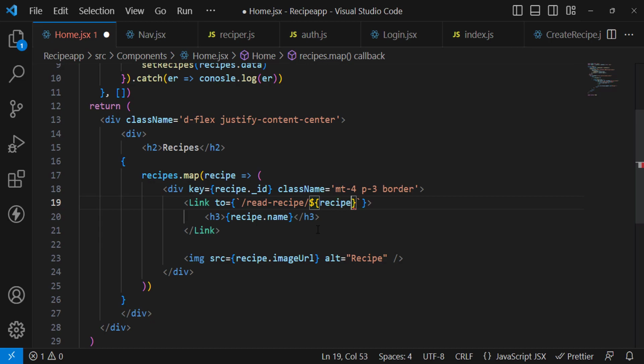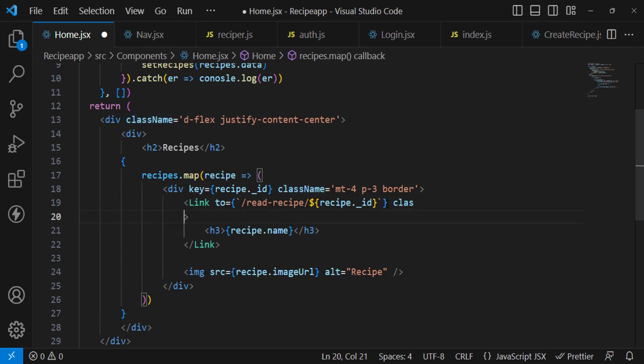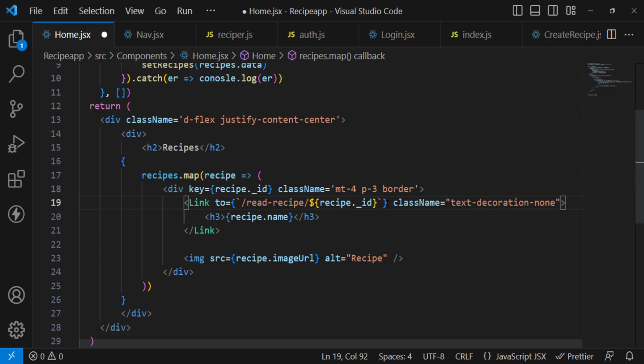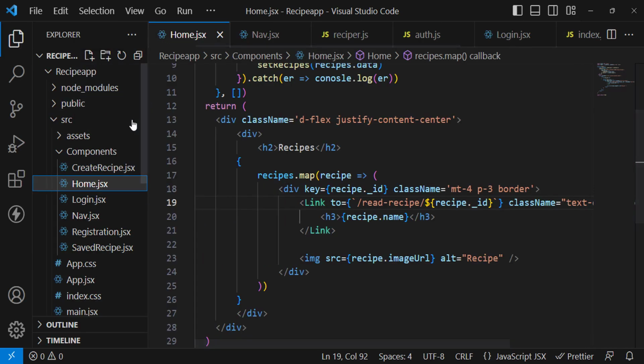ID of this recipe, that is recipe.id, and also let's add a class name, text decoration none. Let's save it, and whenever we press this link we should move to this route, okay. Read recipe. Let's come here to the app.jsx,